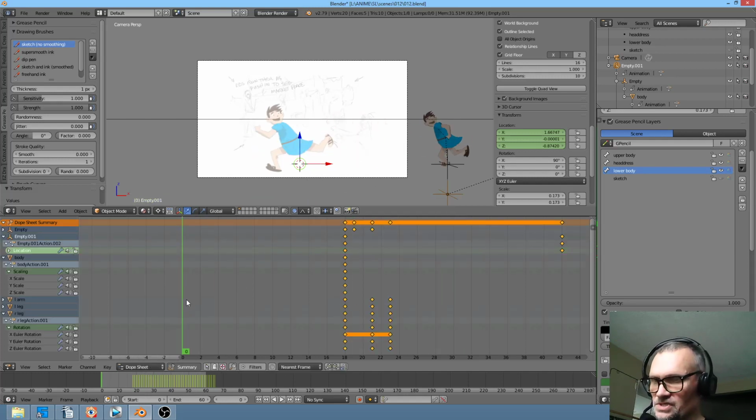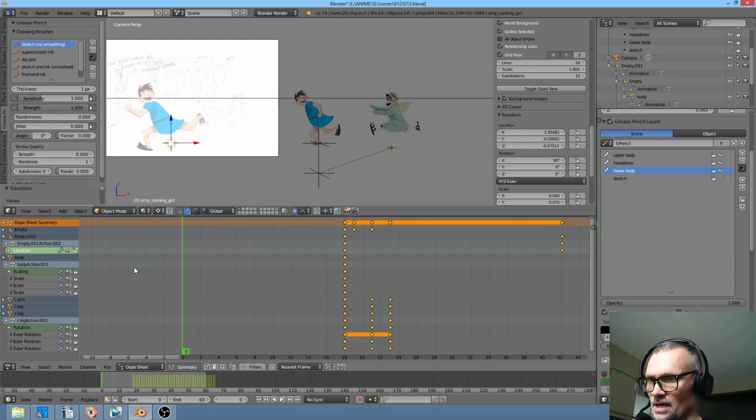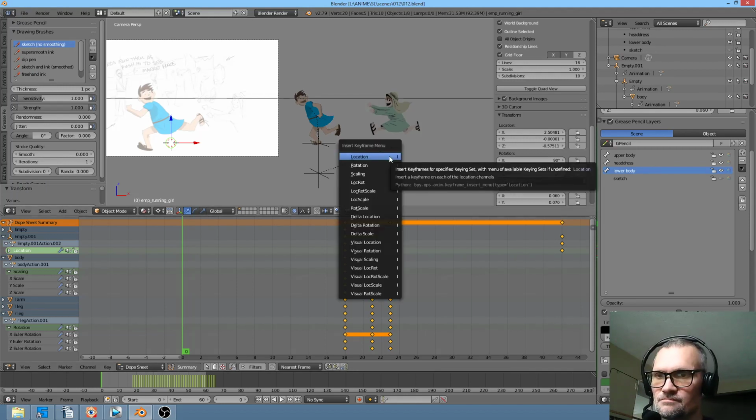Let's go to the dope sheet. Let's go to her empty. Okay, and what we're gonna do is we're actually gonna do it over. We're gonna do it on frame 0 just so it's easy to see. Okay, so I'm gonna save my work so that if I decide I don't like this, I don't have to go back and fiddle with it. So what I'm gonna do is I'm gonna hit insert